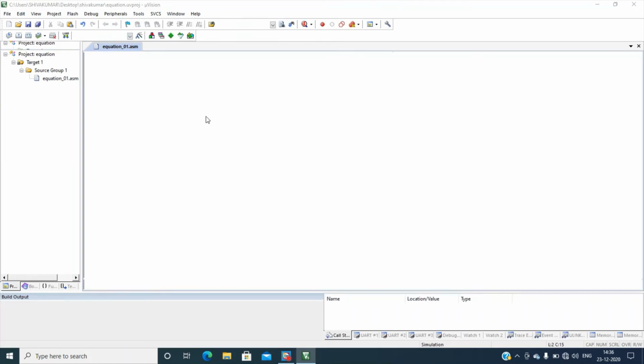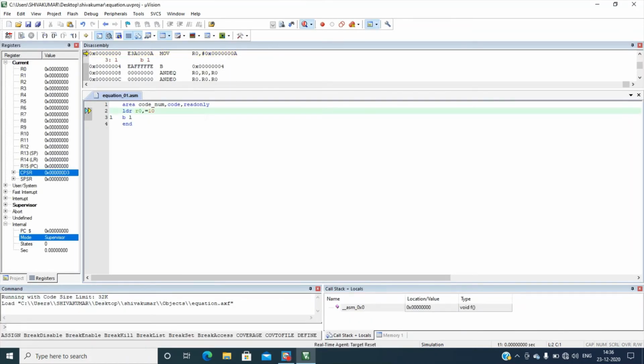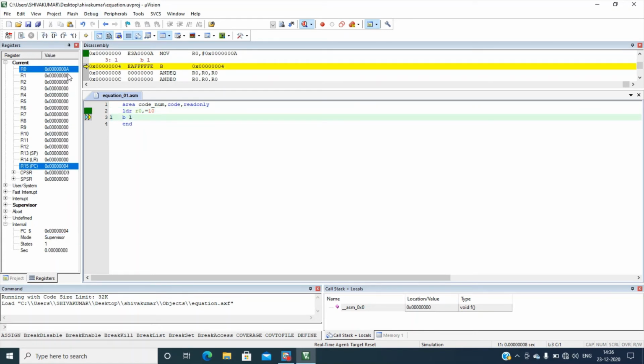R0 has the value 0 initially, then go to step execution. Now R0 is loaded with the value A. What is 10 in hexadecimal? It is A.